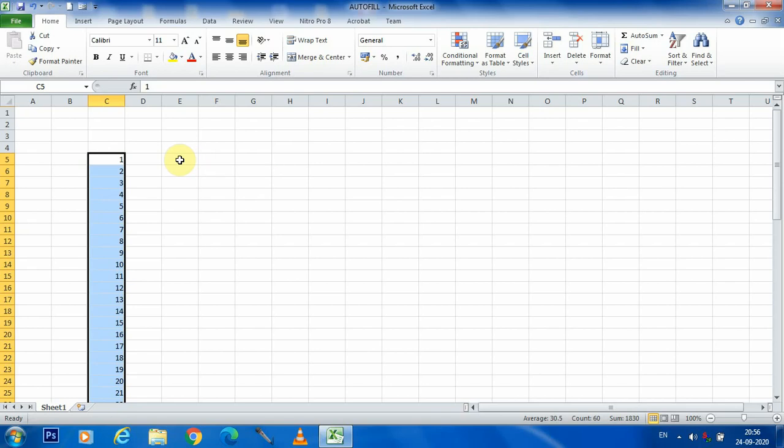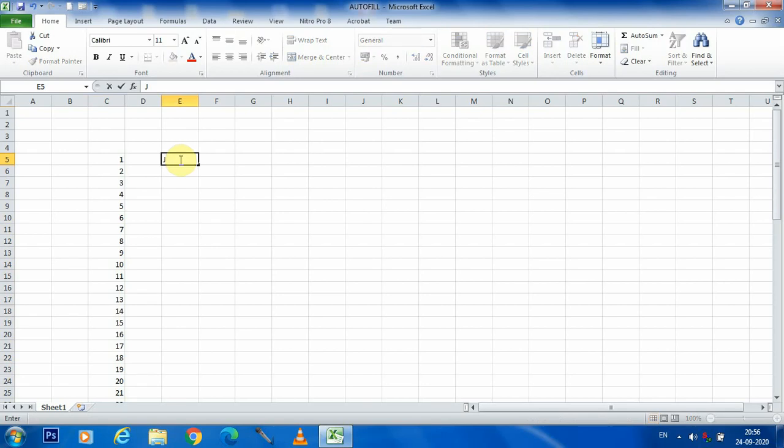There are many variations. Just like I am writing here a month's name, January. After that I am writing just below it February.